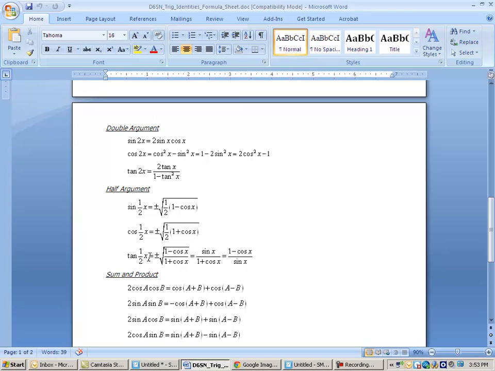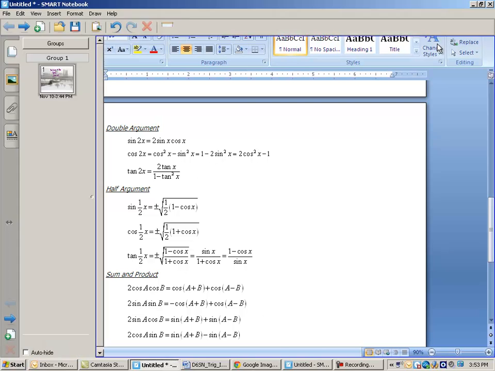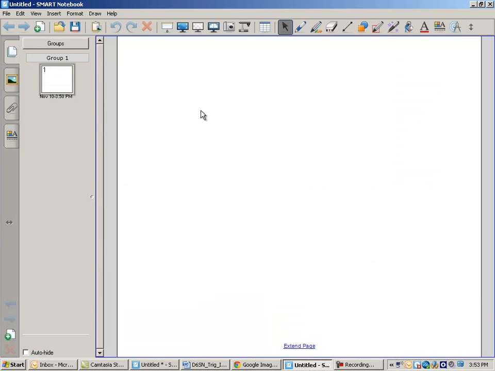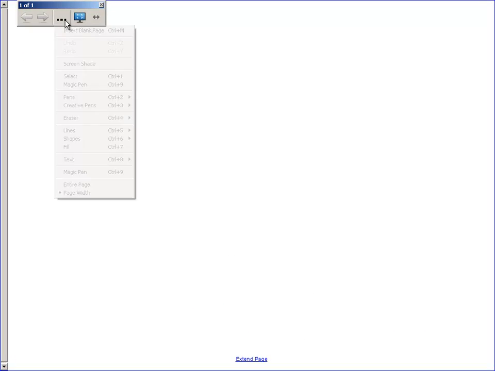Again, we have this instance where tangent of half x has three different forms, and of course these other two forms look cleaner, but they require you to know sine of x. If you just know cosine, you'll have to use this little square root form. Okay, so here we go. Minimize that, and we're going to start with, let me get a pen here,